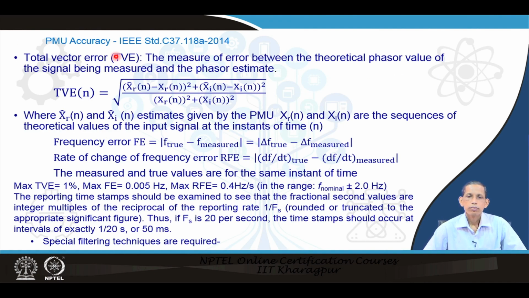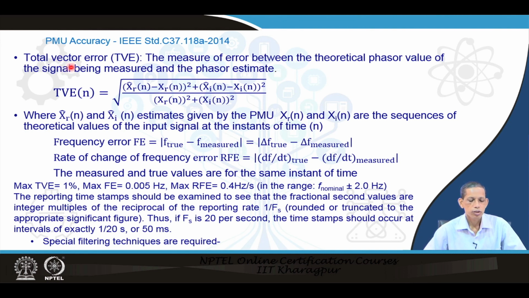For this, we see that the PMU provides not only phasors but also frequency and rate of change of frequency, and we are concerned about more accuracy here. The PMU accuracy follows certain standards; IEEE standard C37.118.1a-2014 governs what level of accuracy the PMU must have. Particularly, we are addressing the protection application perspective.